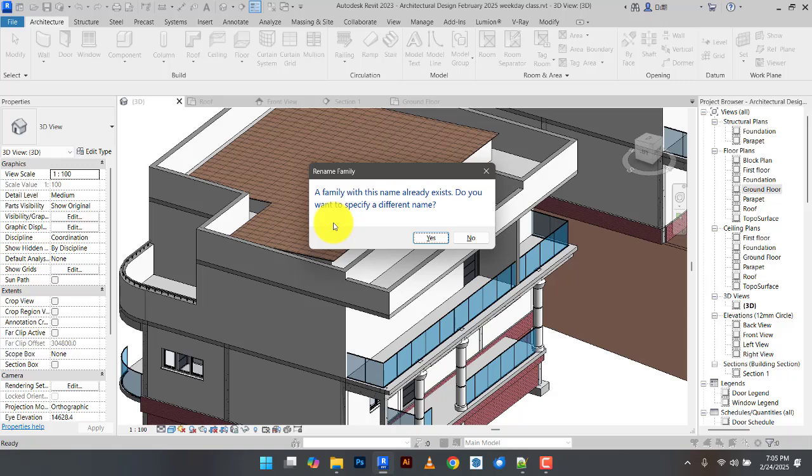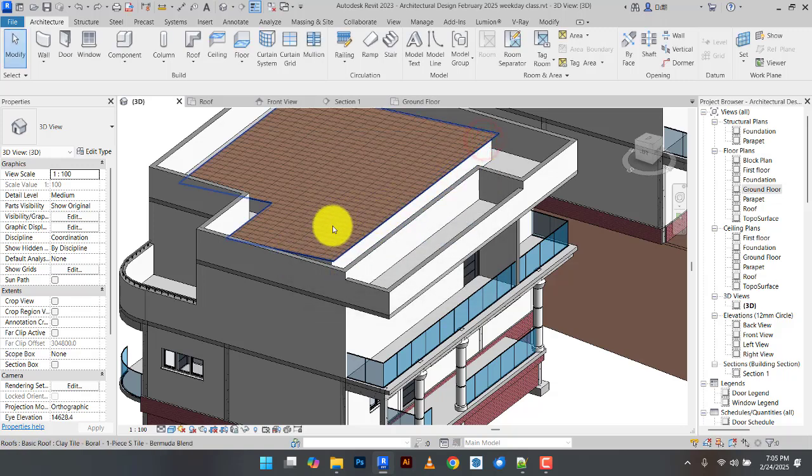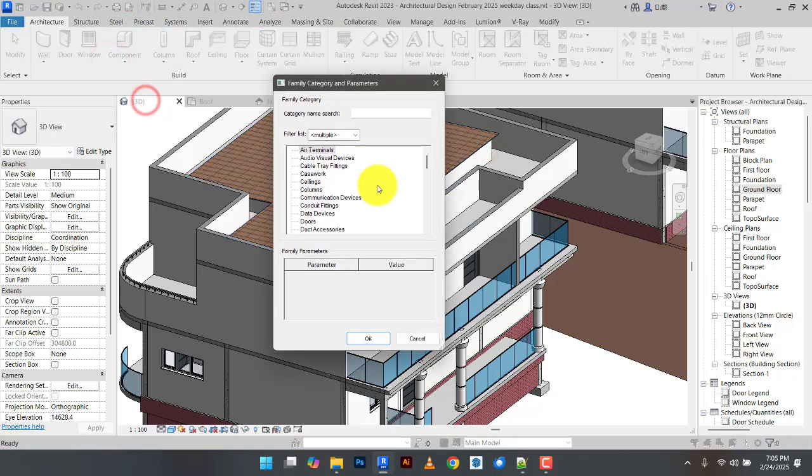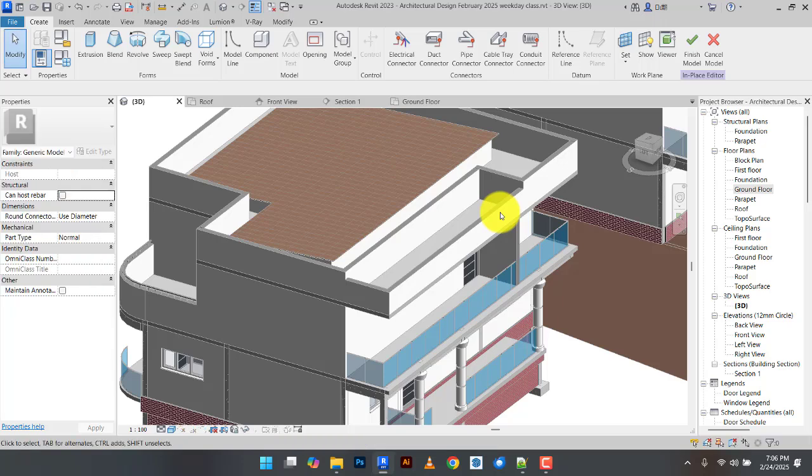The name already exists, because I just copied the project. Let me see. Oh, there's a coping profile in the project. All right, so let me name it. Let me do this again. Model in place, generic model. So you can name it copy one, or you can leave the name generic model and click on OK. Then